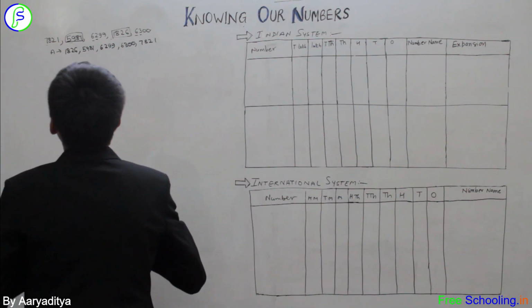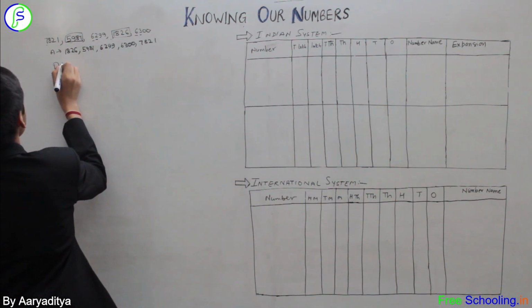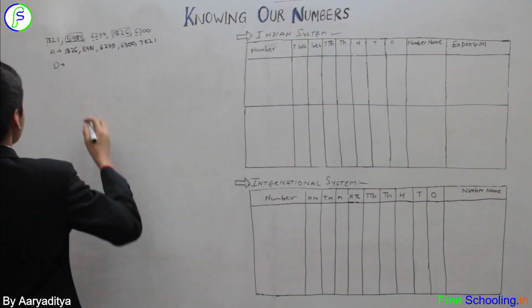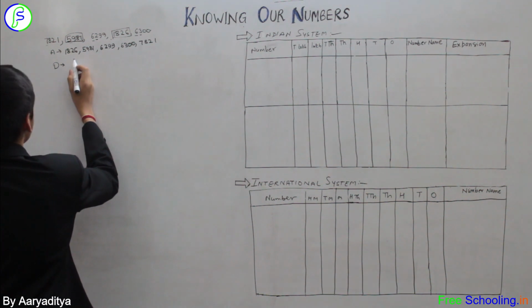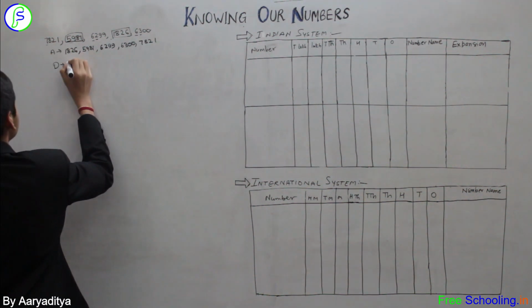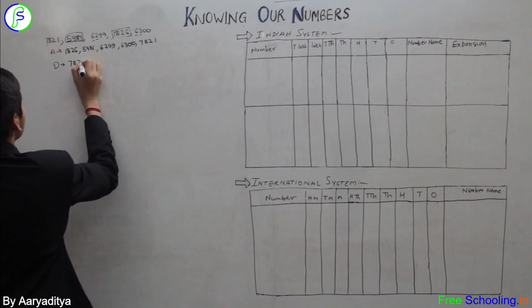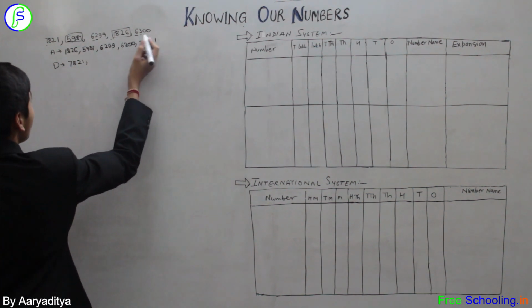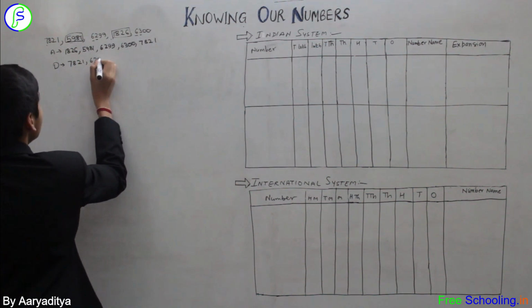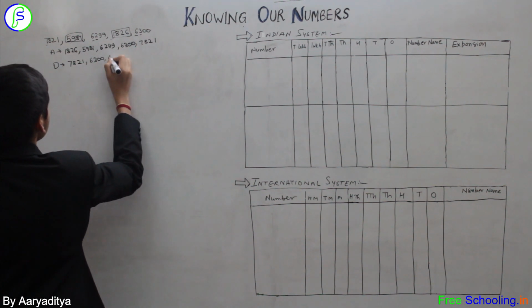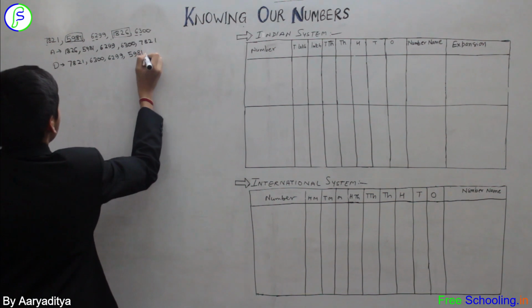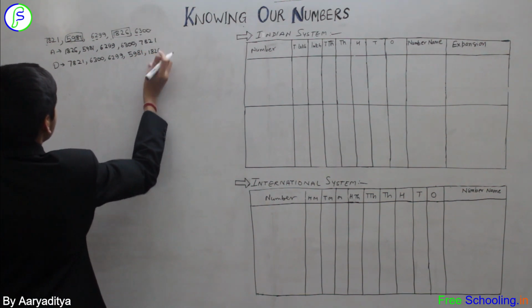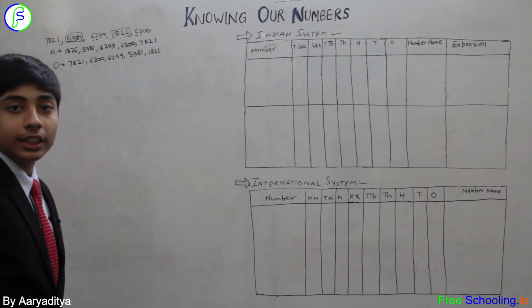Let me show you, with the given set, what we get if we arrange in descending order. We need to search out the biggest one first. We know that 7821 is the biggest among them all, as we found earlier with ascending order. Then we know that it's 6300, then 6299, then 5981, and at last we have 1826.